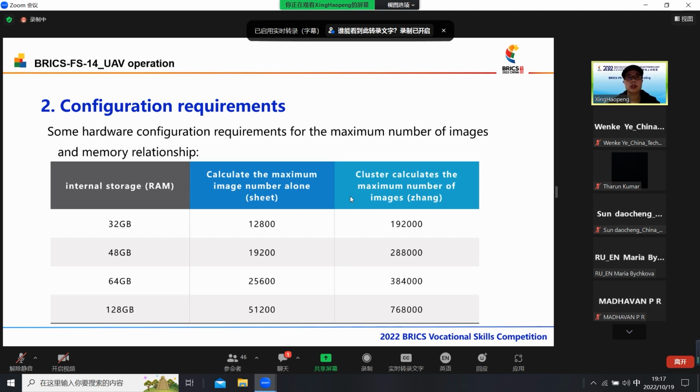and the maximum image number. For example, if the internal storage is 32GB, the calculated maximum image number can reach 12,800, and the cluster calculates the maximum number of images can reach 192,000. 和384000张，128GB 单机和集群计算的最大影像数分别为51200张和768000张。需要注意的是，